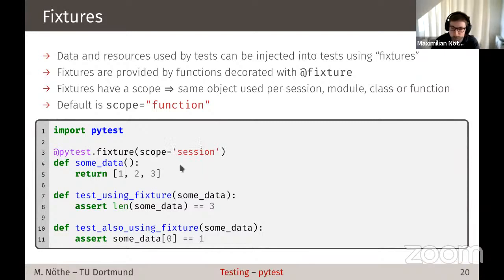And scope here means basically if you have many tests using the same fixture, will it create the data for each test individually, or will the same piece of data be used for each of the tests? So if you do scope equals session, that basically means this fixture will be the same for each time you call pytest. If you say this scope is function, each of these tests will get their own copy of this